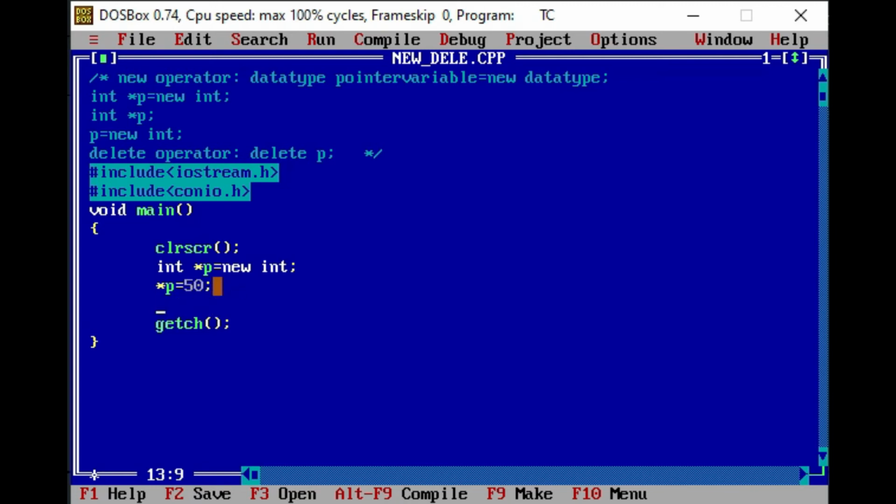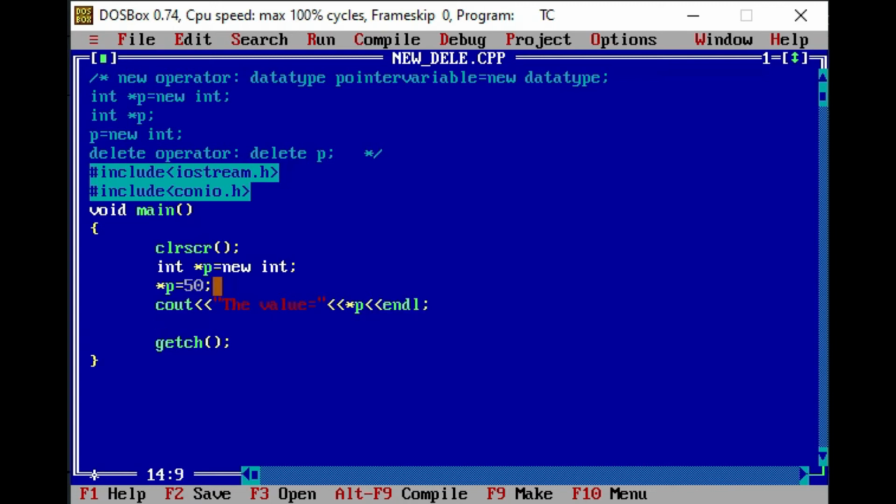Now to display the value, I will write cout, insertion operator, the message "the value is", and to see the value we write the pointer variable with the asterisk sign. So I will write *p, then endl.